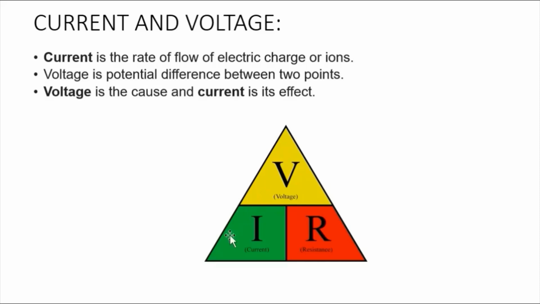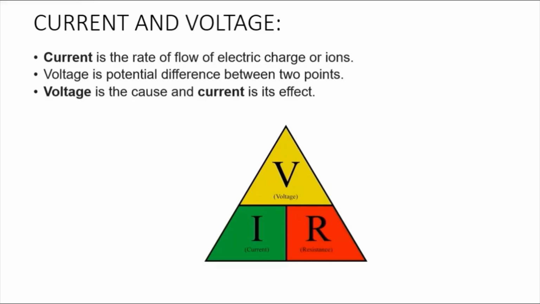Ohm's law can be easily memorized simply by a triangular method. Consider the horizontal line as division and the vertical line as multiplication. So V is equal to I into R, and R is equal to V divided by I, and I is equal to V by R. This is called Ohm's law. Here R is known as resistance.